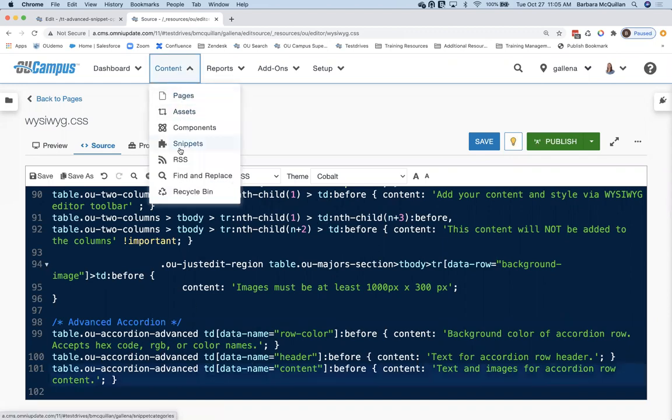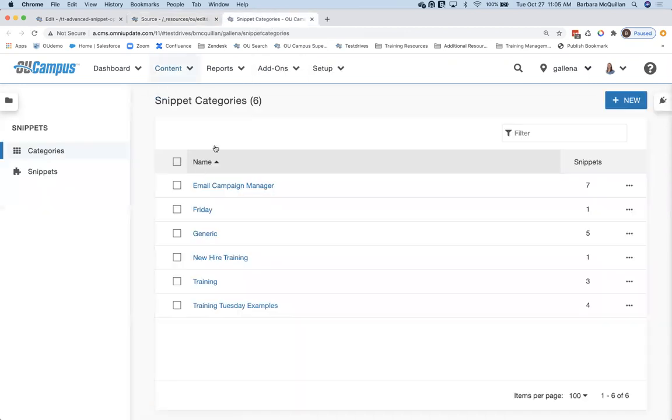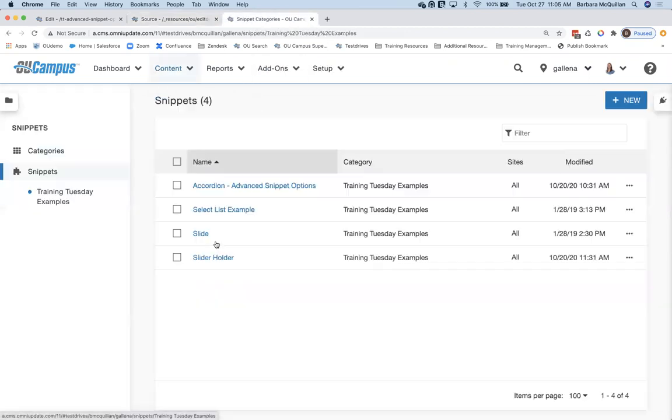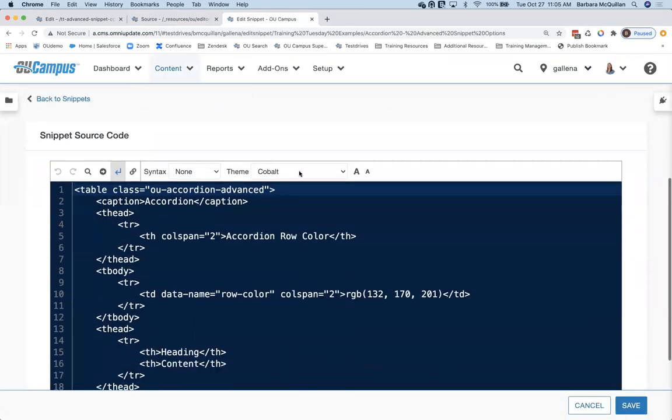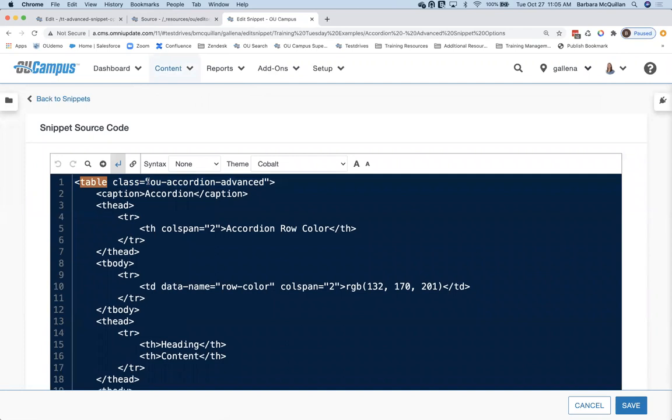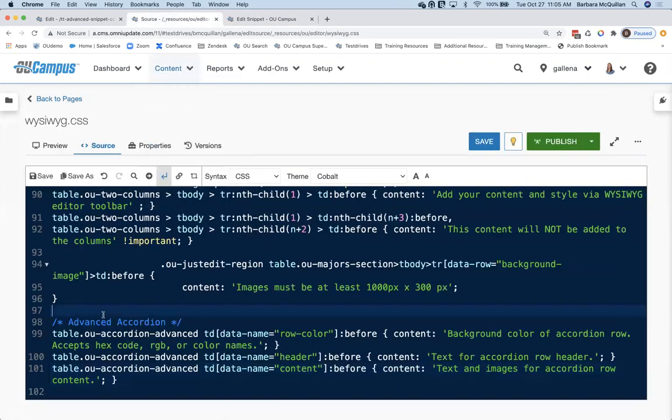Let me go ahead and open up snippets in a new tab so I can show you the source code of this snippet. We can pull all of that together. So here we go. Here's my table with a particular class, OU Accordion Advanced. So over in my CSS, that's what I'm targeting initially.